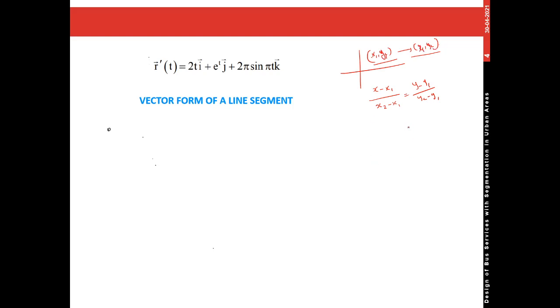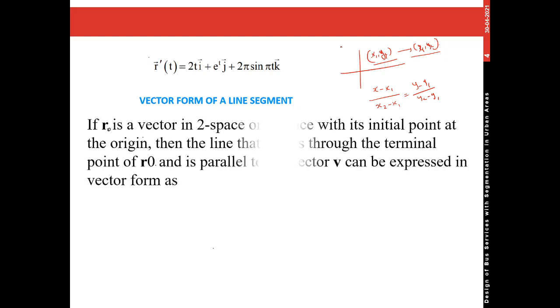Now we want to find the vector equation for the line segment joining 2 points in space. There are 2 space and 3 space. So let me define. Let r naught be a vector in 2 space or 3 space, with the initial point at the origin, that is 0,